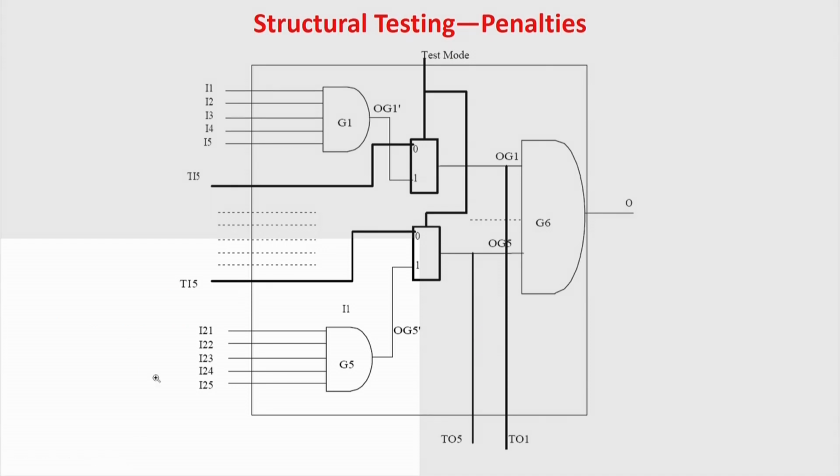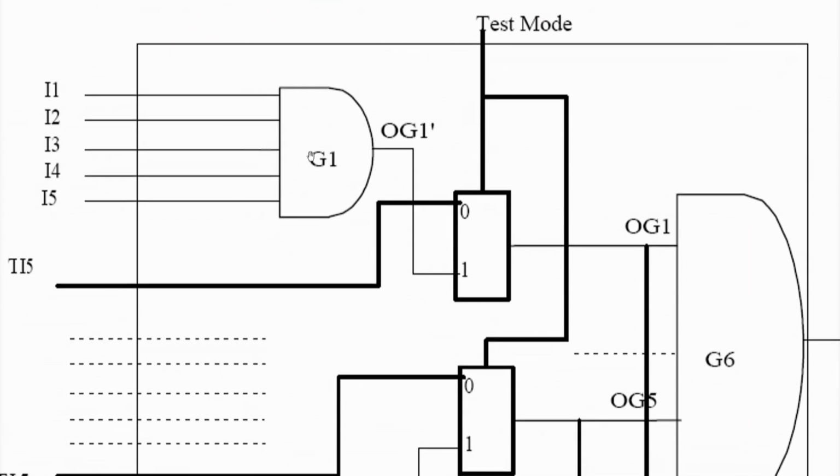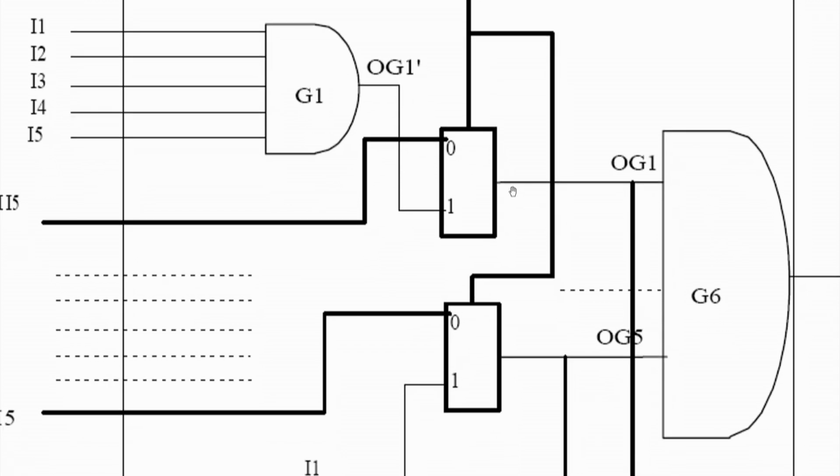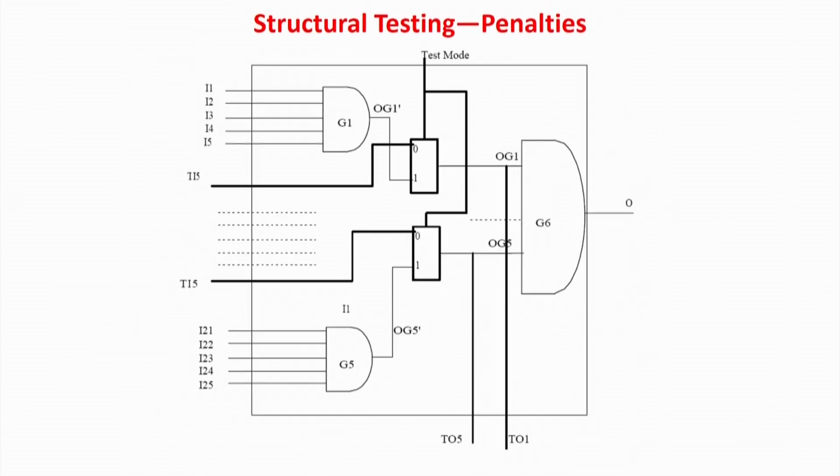So, let me zoom this part. As we know, this is the output of this gate and you have to observe this line, and also for the testing of gate G6, you have to control this line. That is, you have to give input directly. Right. So, for example, to do this, we actually put something called a 2:1 multiplexer. Assume that this is the normal output of a circuit and this is some extra test pin, and this is your normal circuit line.